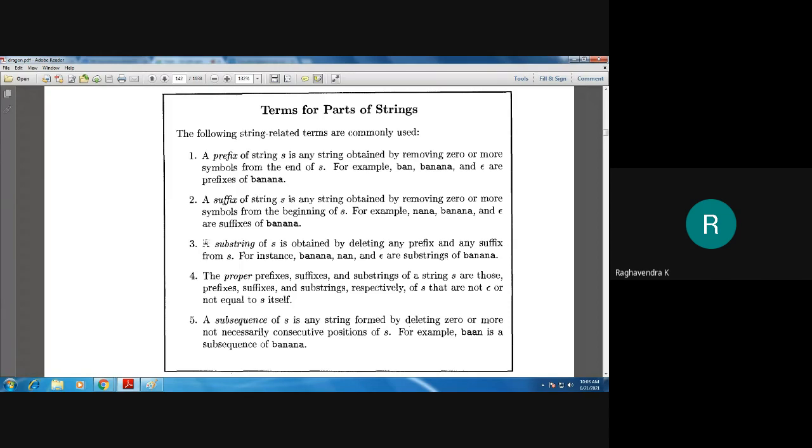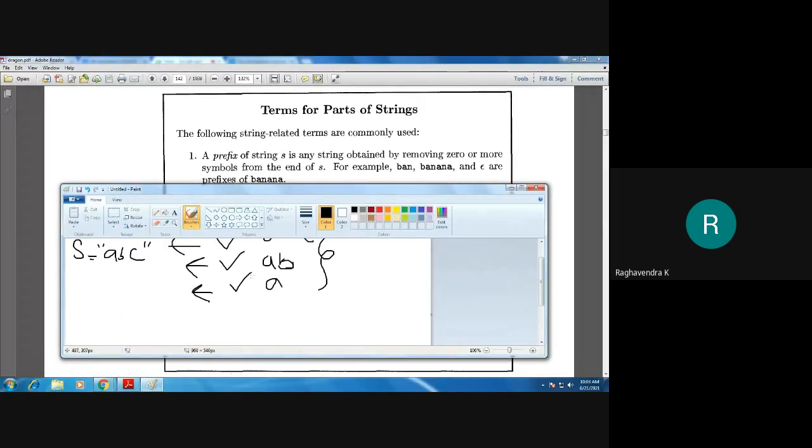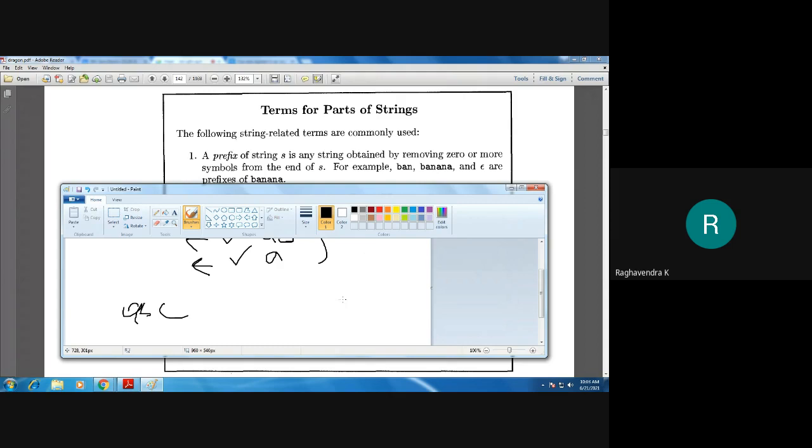Now let us look at another definition, which is substring. A substring of S is obtained by deleting any prefix and any suffix from S. It means you can perform the deletion from either side, and whatever remains is considered a substring. For example, if I take ABC and delete at the end, I will have AB. So AB is a substring. If I delete from the beginning, I will get BC, which is obviously a suffix, but even this is